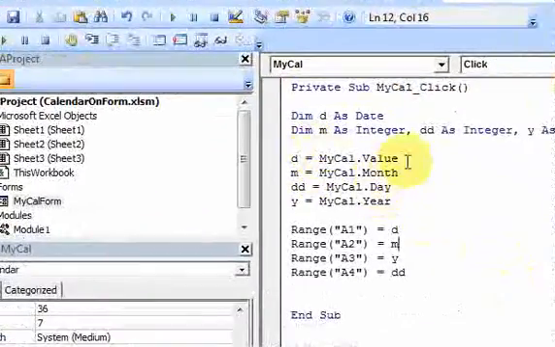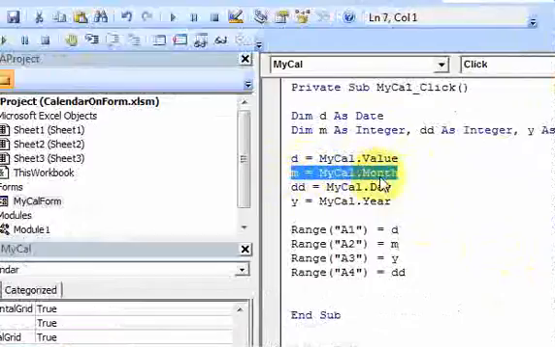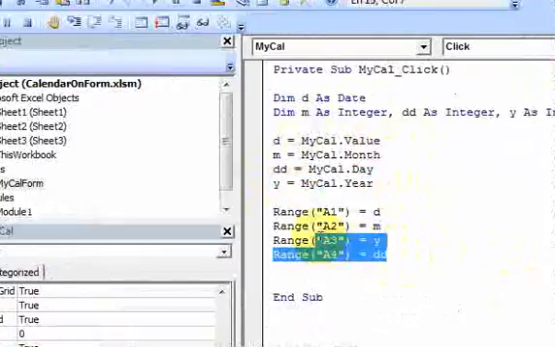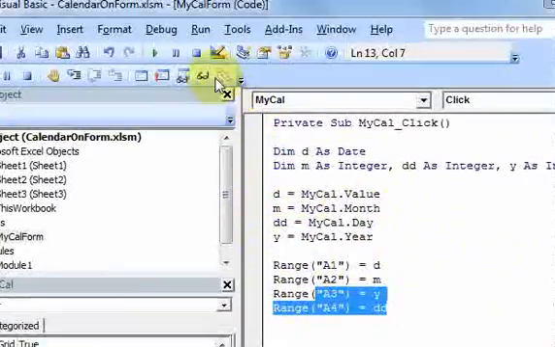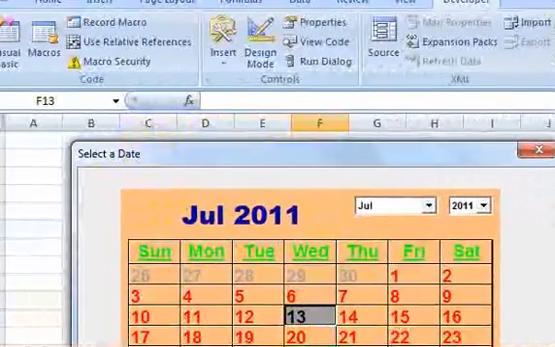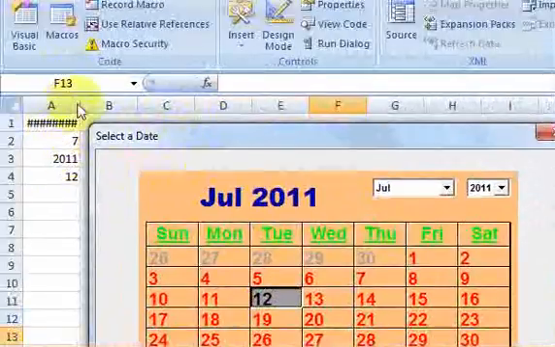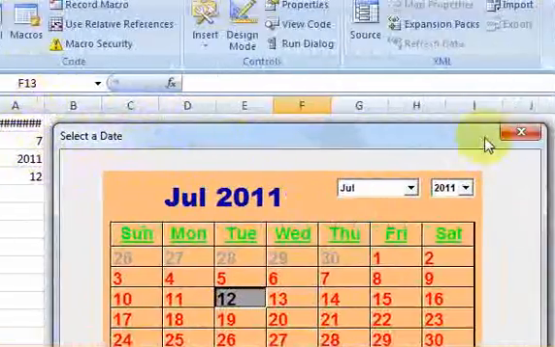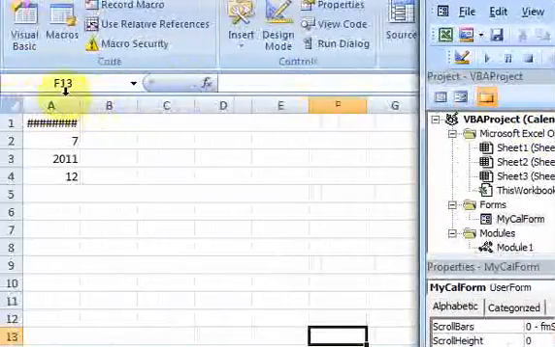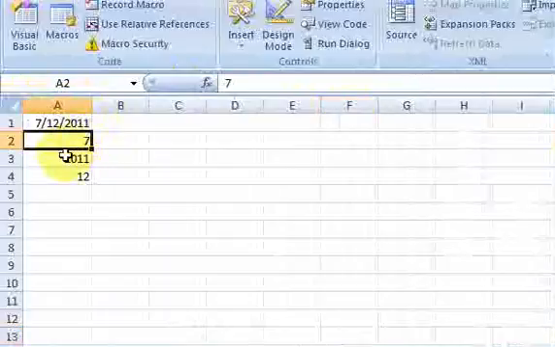I'm grabbing the date from the calendar here, and I'm also grabbing the particular month of that date, the day of that date, and the year of that date, and then I'm putting those values in cell A1, 2, 3, and 4. So if I run this, if we go over here, if I select something, if I click on it, look what happened. Now all those fields are populated. Let me expand this real quick, as you can see. So there's 7/12/2011. This is the month, this is the year, and this is the day, and that is all coming from